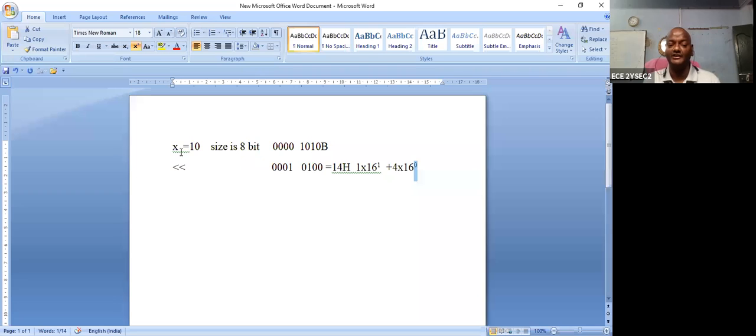So what is the initial value of the x? 10. Is it plus 10 or minus 10? Plus 10. It is a plus 10. Okay. By applying the left shift operator, sign is not changed and its value magnitude is doubled. Its magnitude is doubled. This is the importance of the left shift. That means if you want to double the original value without changing the sign, then you should apply the left shift operator.